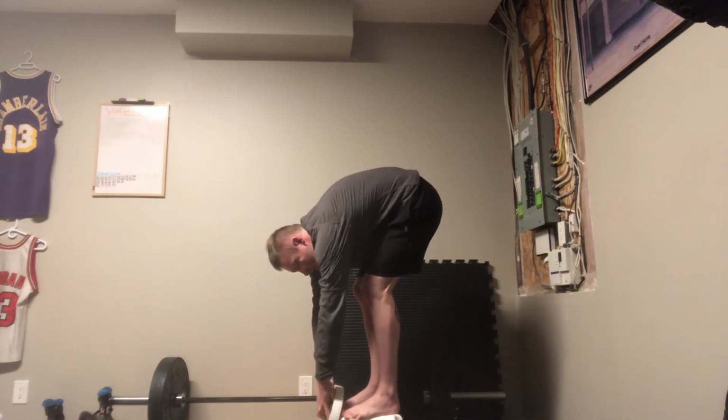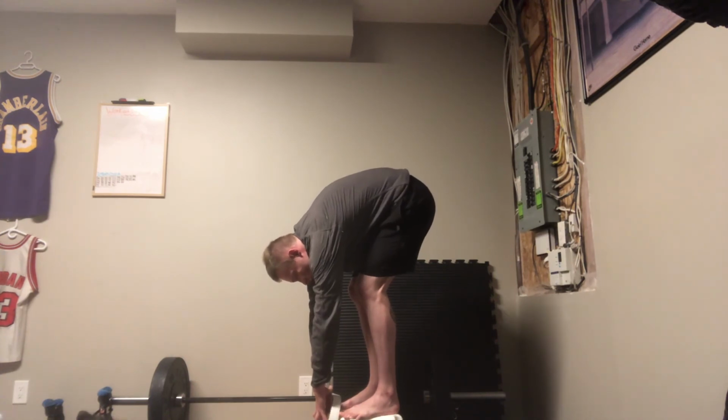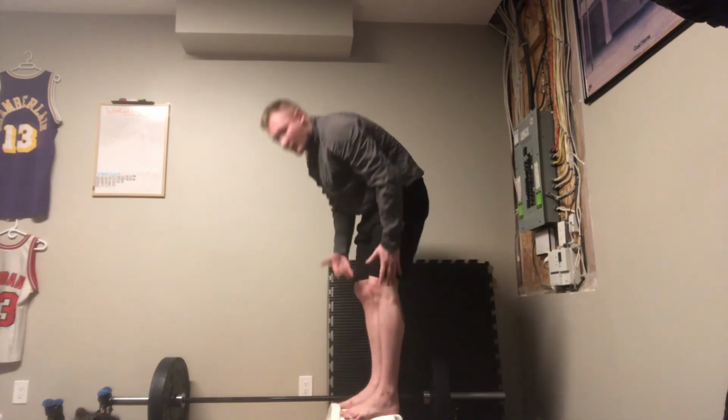Further and further downwards. And over time, the hamstring should relax further and allow you to go further and further downwards. I personally made a mission of mine to become more flexible through my hamstrings over the past few months. I did a ton of these. I was using 60-pound dumbbells for these and holding them for up to 5 minutes at a time, which was brutal. But it's not a movement for everyone,